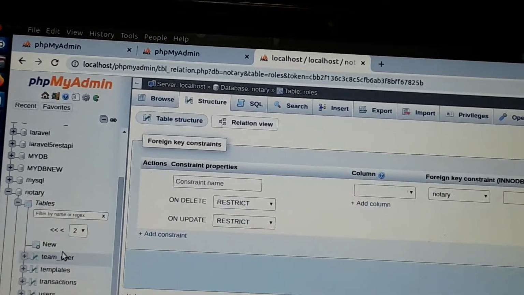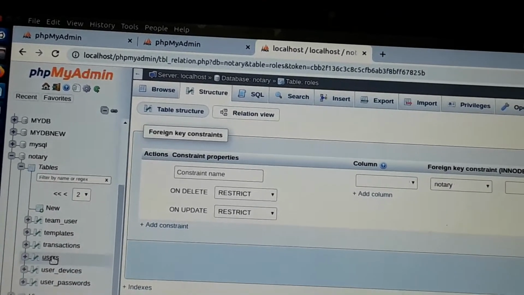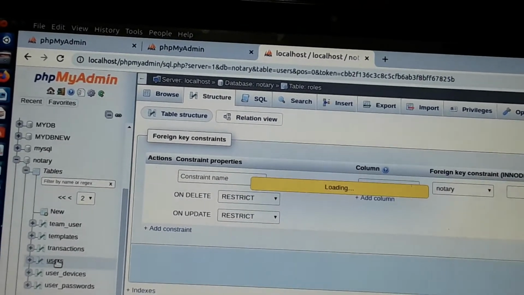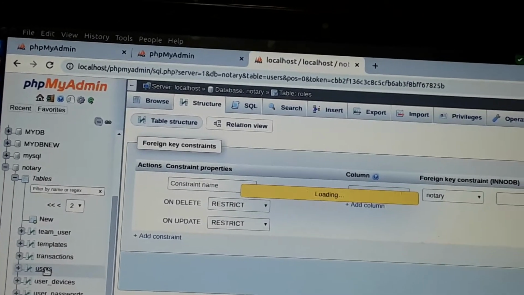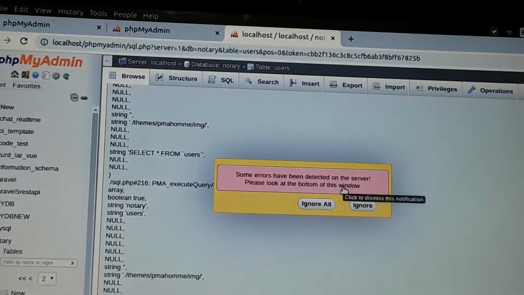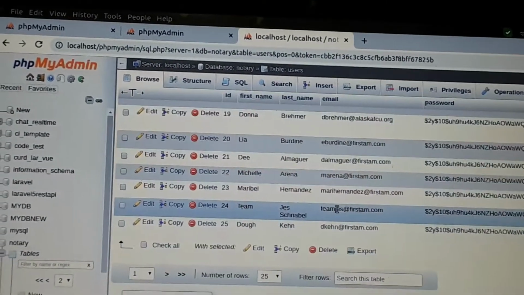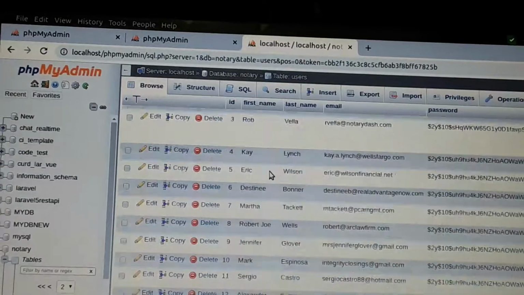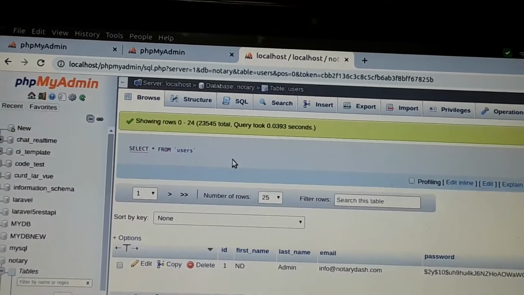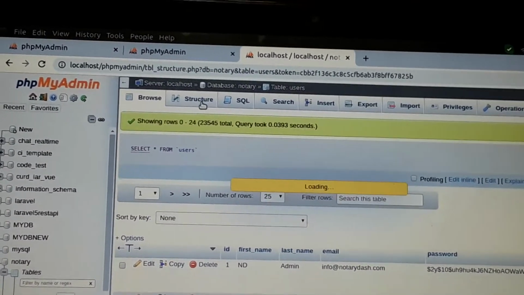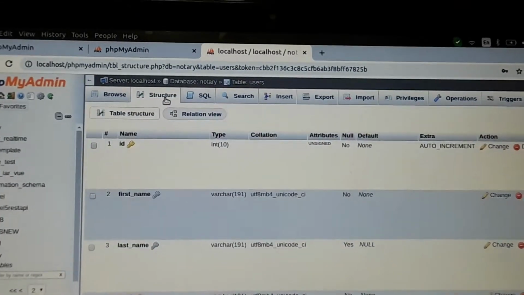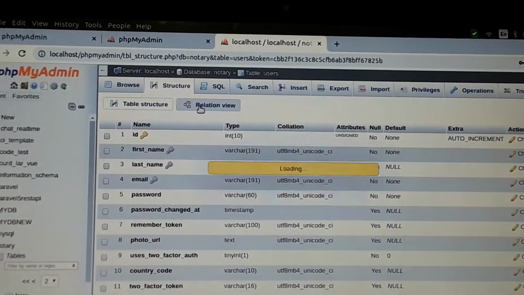Go to users. There is a small error here. Click on ignore all. Here go to structure. Click on relation view.